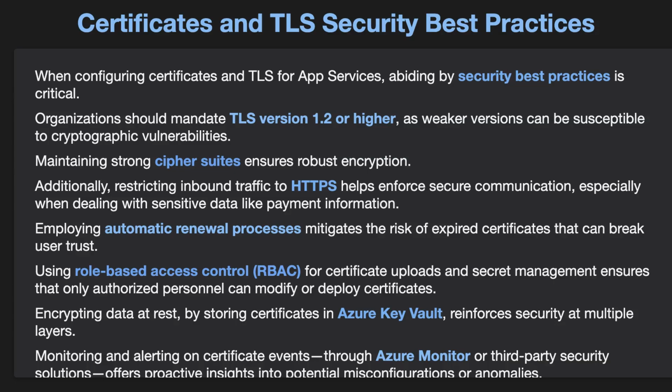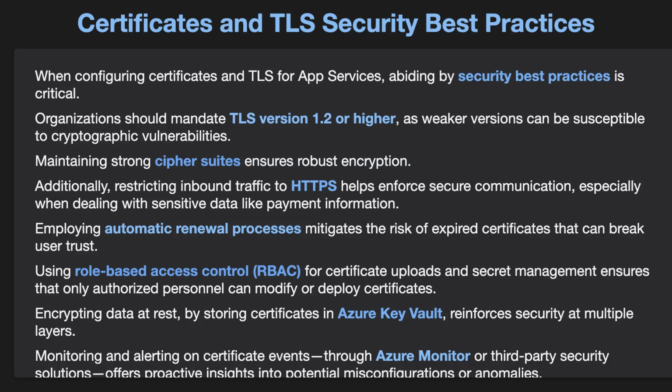When configuring certificates and TLS for app services, abiding by security best practices is critical. Organizations should mandate TLS version 1.2 or higher, as weaker versions can be susceptible to cryptographic vulnerabilities. Maintaining strong cipher suites ensures robust encryption. Additionally, restricting inbound traffic to HTTPS helps enforce secure communication, especially when dealing with sensitive data like payment information. Employing automatic renewal processes mitigates the risk of expired certificates that can